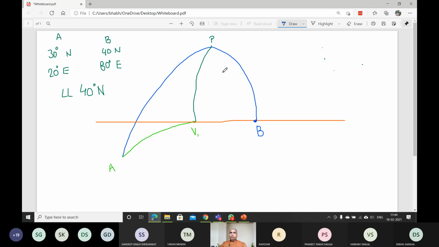This is how the diagram is going to look now. There will be only two triangles here. The third triangle will be missing because when you go from A to vertex 1, A to V1, and you reach your limiting latitude here, then you start moving on the parallel track, on the red color track. Moving on the parallel track itself, you are going to reach your destination, that is the point B. Now, beta, if you carefully look at these two diagrams, without further